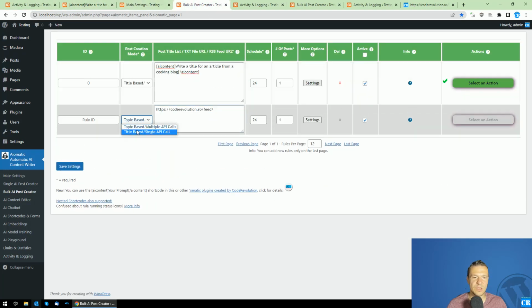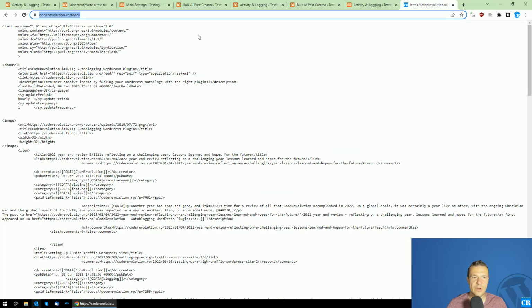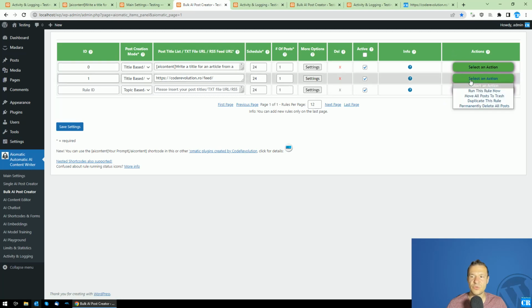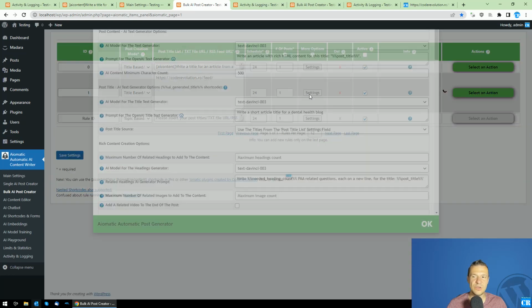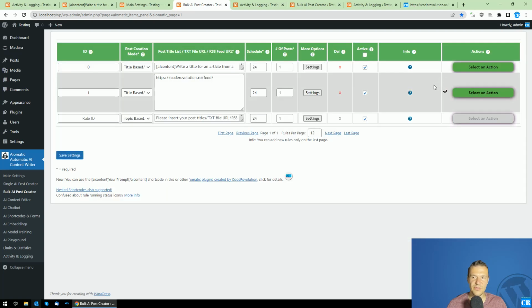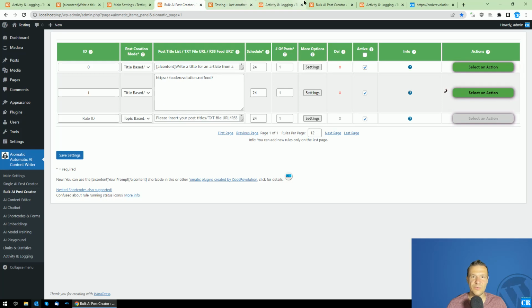So I will be using the title based posting, and I will simply input the RSS feed URL from my blog post here without doing anything fancy. I just want to show you that the plugin is able to extract RSS feed items from this post and use them directly here. So in this case, we will get an RSS feed item extracted from this RSS feed. And if we check the logs, for example,